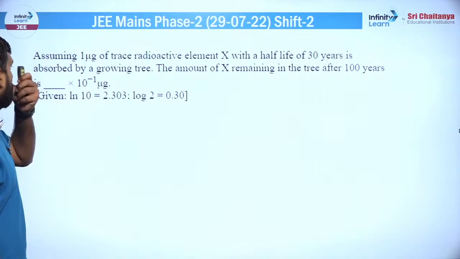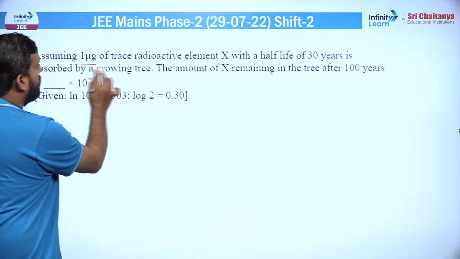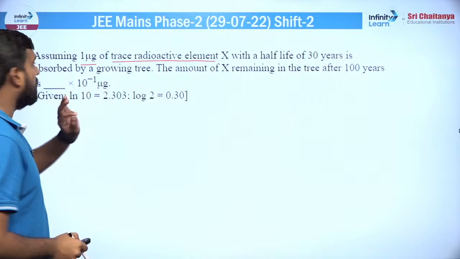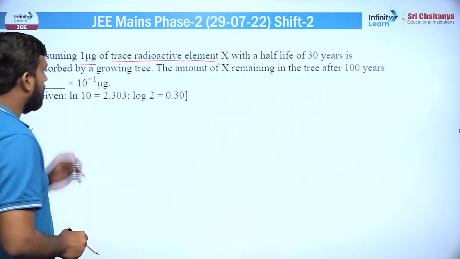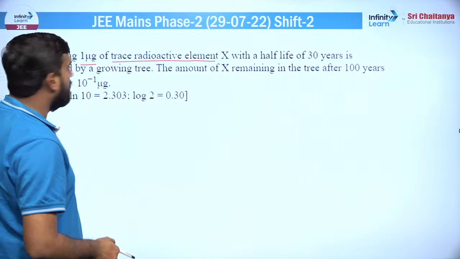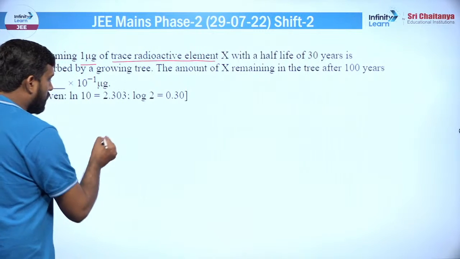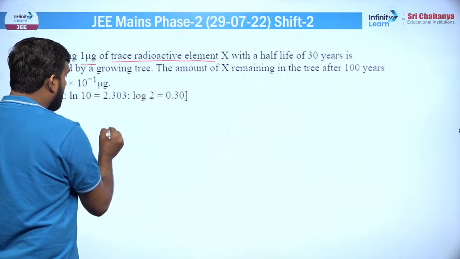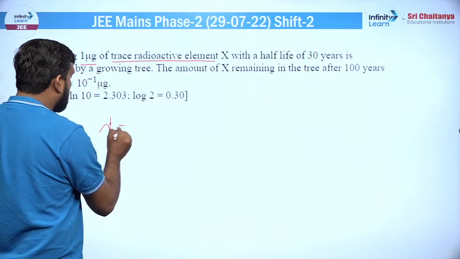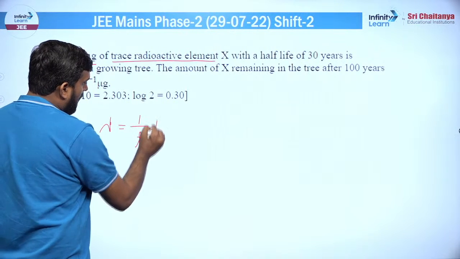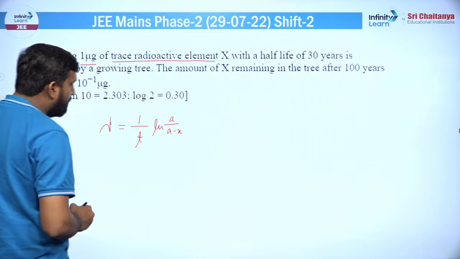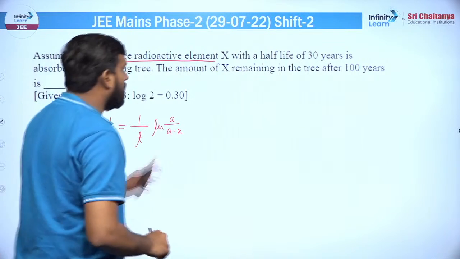ठीक है, मूविंग टू द नेक्स्ट क्वेश्चन, असयूमिंग 1 माइक्रोग्राम ऑफ trace radioactive element X with a half life of 30 year is absorbed by the growing tree। ठीक है, तो the amount of X remaining in the tree after 100 year is this। ठीक है, तो देखो क्या करना है, हमें हाफ लाइफ पता है तो हमें डीके कांस्टेंट एक तरीके से पता चल जाएगा। इक्वेशन क्या होती है, लैम्डा इज इक्वल टू 1/t ln ऑफ बेसिकली इनिशियल अमाउंट अपॉन फाइनल अमाउंट।